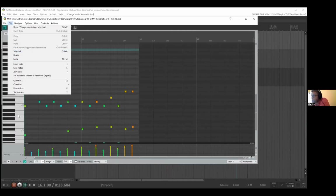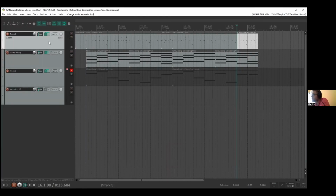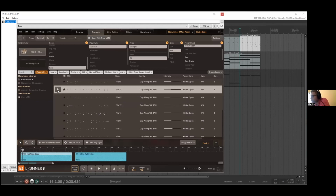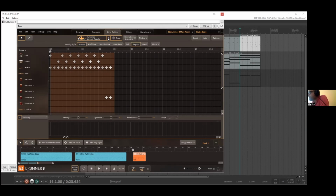Since you have Easy Drummer 3, you can do this pretty quickly inside the plugin too with the velocities. So if you drag that fill in, or is the fill still in there? Yeah, I think it was this one, right? Yeah, just drag it down to that little, yep, exactly. Now we click on that. Now, what do we want to do? Yes, perfect. Now, what you can do, there's a lot of customization. So this is all kind of like piano roll inside Easy Drummer, right? Yep. So if you click on that little arrow next to humanize, normal, regular, yep, that should open up. Okay. So velocity style is normal, half time, double time, blast beat,